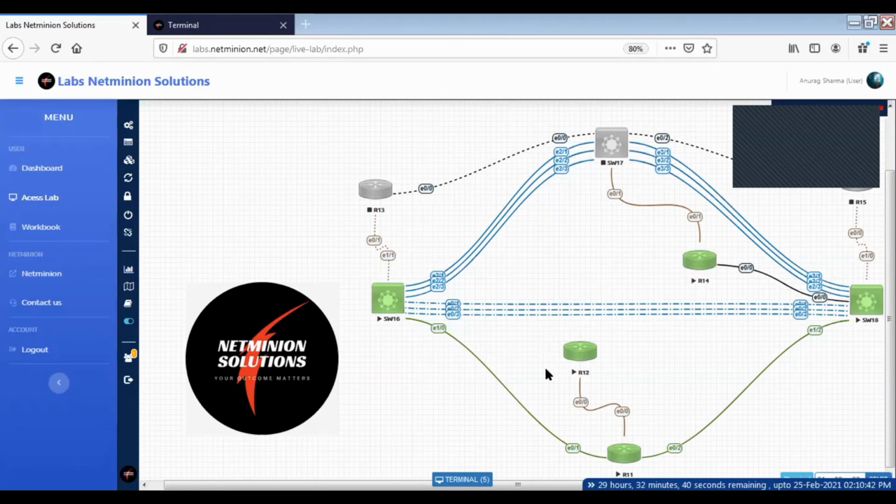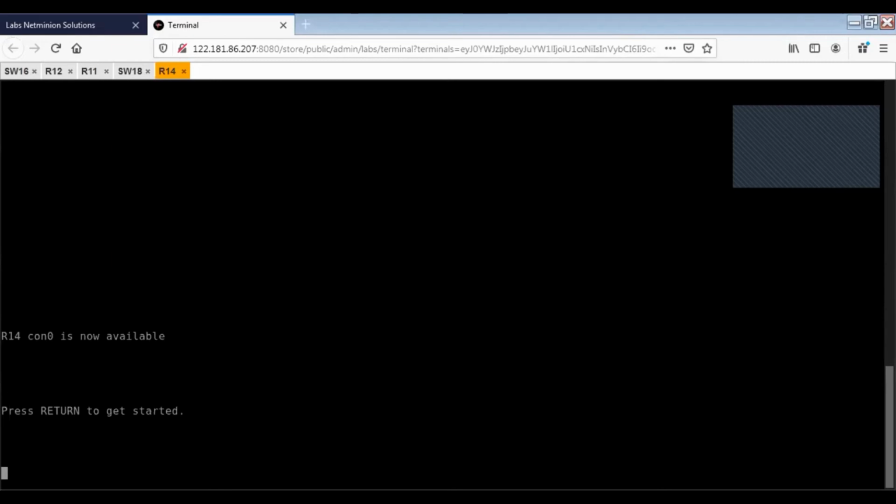And we have taken the IP address of 192.168, like for this subnet between switch 16 and R11 it is dot 16.0, for this network 12.0, for this network dot 18.0, for this network dot 14.0. So these are the console access for these devices.